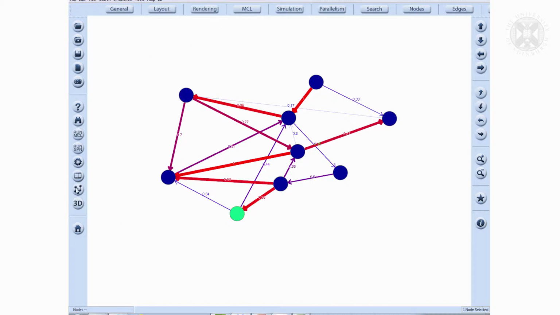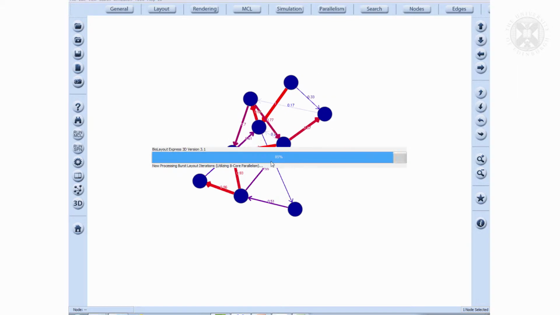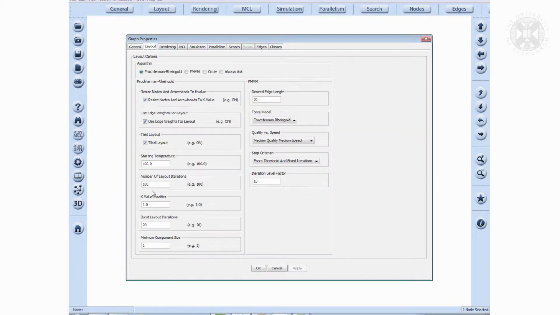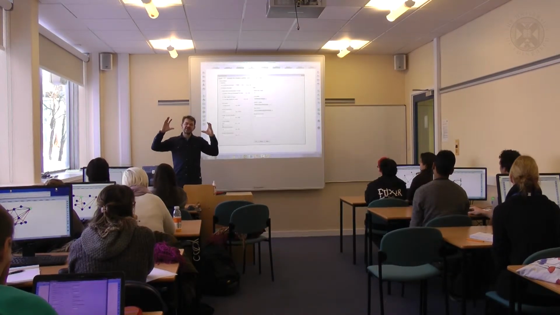You don't see it when you load data normally, but this is a way that we can actually show what a layout algorithm does. I might have a better way of showing it to you in a while, but you see what just happened? So I'll make it actually bigger. So layout. We have a layout tab here. So what a layout algorithm does, we use what is called force